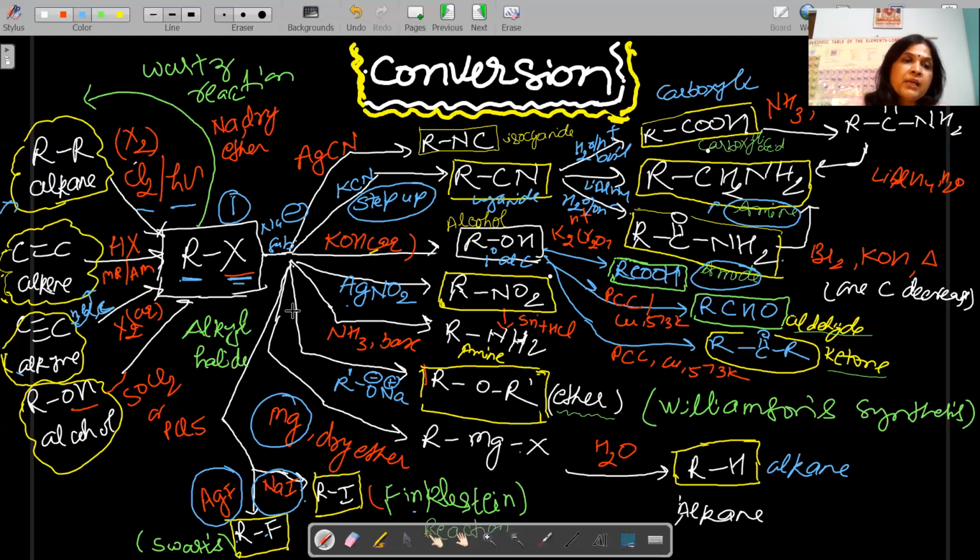So alkyl halide reacts with two types of metal. One is magnesium metal and second is sodium metal. By sodium metal, you know what reaction is this? That is Wurtz reaction. So when alkyl halide reacts with sodium metal and dry ether to form alkane, that is Wurtz reaction, right? And for this we take 2 moles.